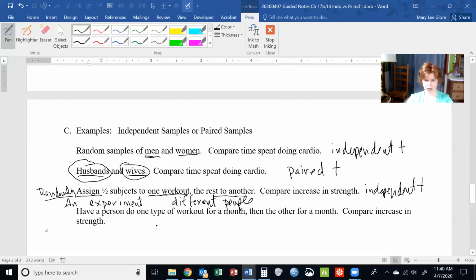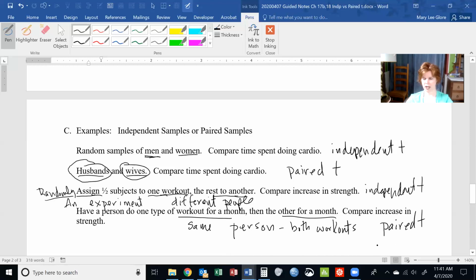Okay, so that's independent. What if I have a person do one type of workout for 1 month, and then they do the other workout for a second month, and I measure the increase in strength? I've got the first workout and the second workout. Are the people who do the first workout related to the people who do the second workout? Yes, they're related. They're the same person. We are related to ourselves. So the same person does both workouts, so I've got 2 measurements per person. So this is a paired T,